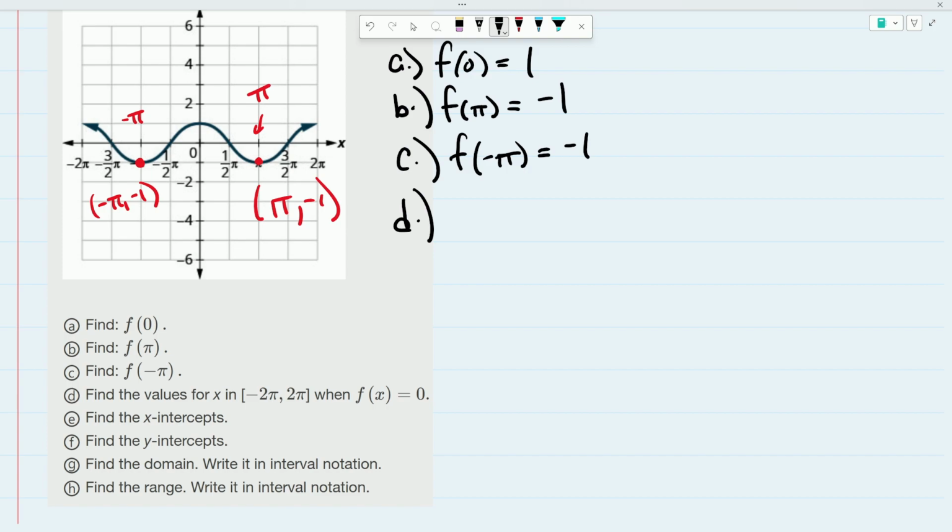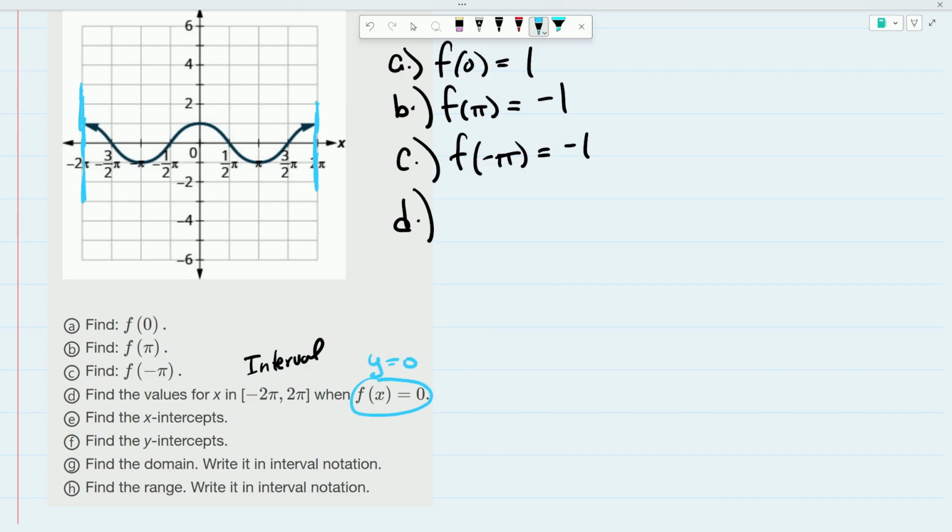All right, now part D. Part D asks us to find the values for x in, and remember, this is an interval, -2 pi to pi, when f of x equals 0. So what they're asking us here is this. They're saying, okay, let me erase some of this stuff on our graph. I really want to highlight this. They're saying, from this far left side of the graph all the way to this far right side of the graph, tell me when